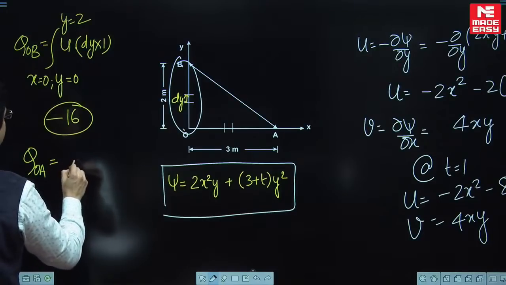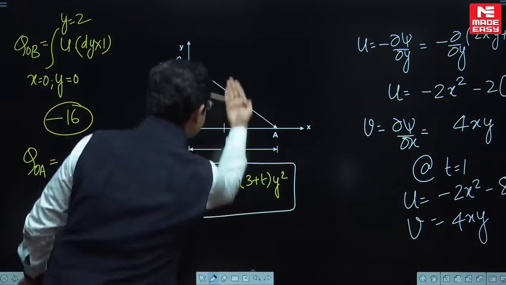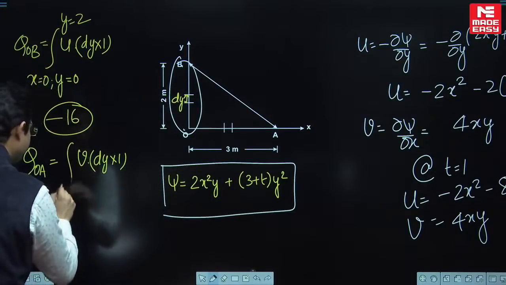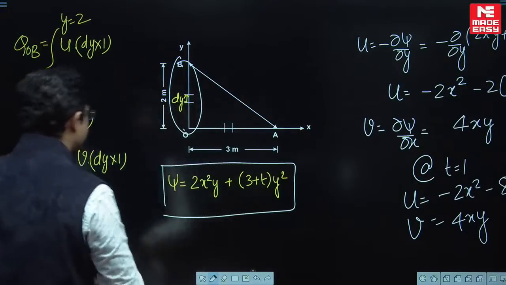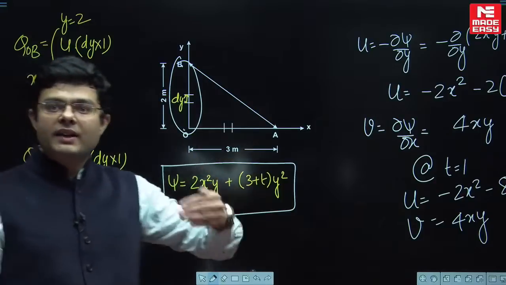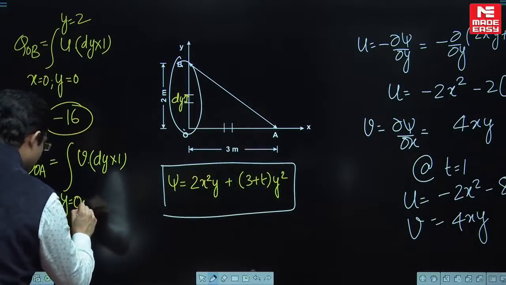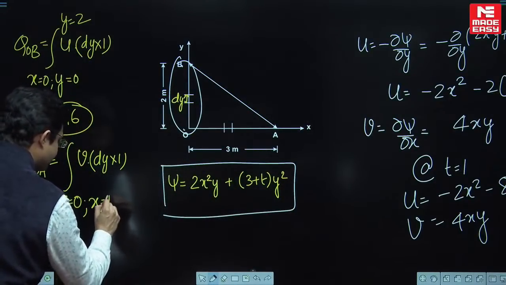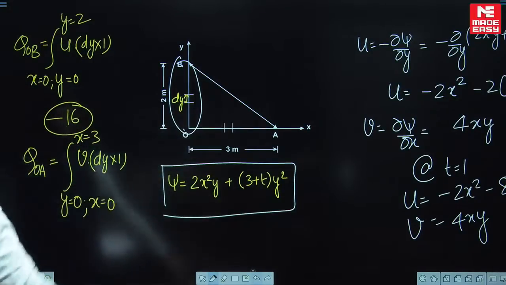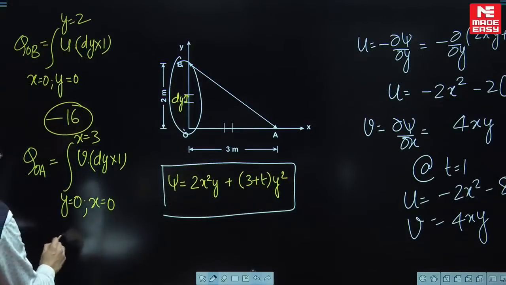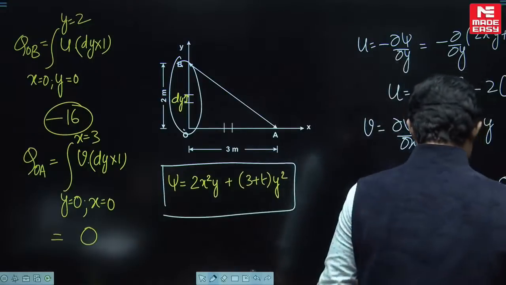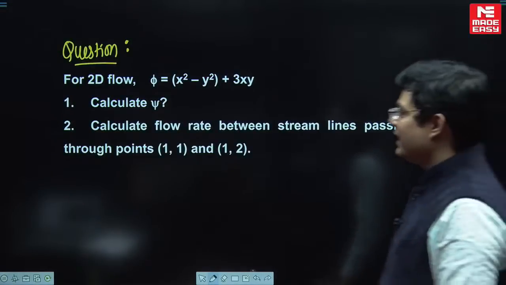Discharge through OA is similarly, OA से होने के लिए v की जरूरत पड़ेगी, which will be dy क्रॉस 1 है। इंटीग्रेशन करना है, बेटा, यहां पर y का वैल्यू कांस्टेंट है, y का वैल्यू है 0, और x इज चेंजिंग फ्रॉम 0 टू x इक्वल टू 3। कैन यू इंटीग्रेट, सिंपल, v का वैल्यू आपके पास है, इंटीग्रेट करो, जब आप करोगे इसका वैल्यू 0 आएगा। मजेदार क्वेश्चन था कि नहीं, अव्वल दर्जे का क्वेश्चन।